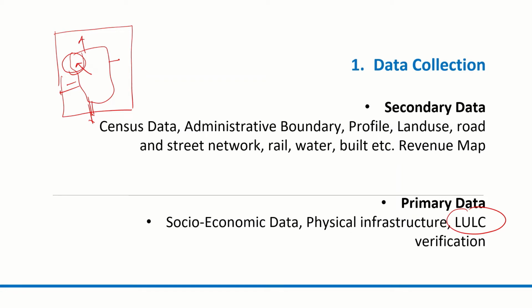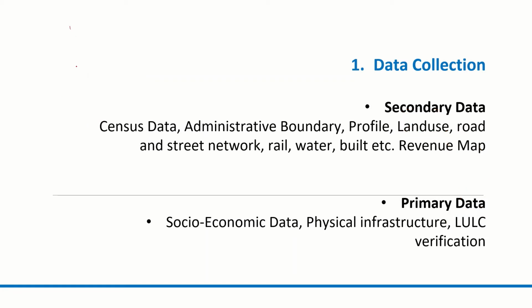Okay, so this is more or less done in the secondary data set itself. This is just a cross-check of whether the secondary information that you have obtained is actually correct or not. Okay, this again will help in identifying the areas for residential, commercial, institutional and industrial activities, and so on and so forth. That's why I put this as LULC verification. This is not going to be a new element to it.